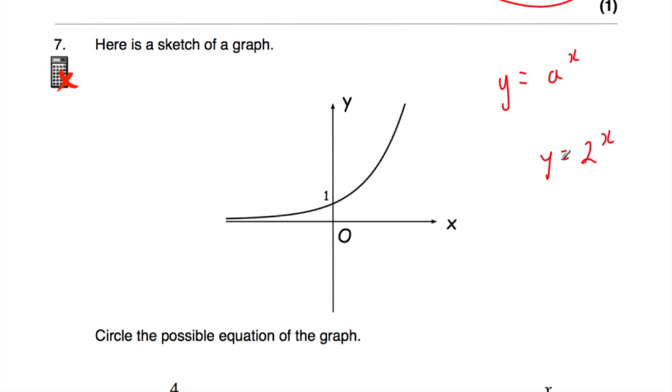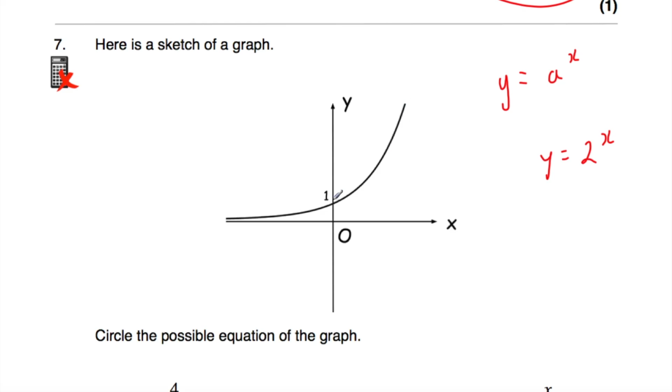And if you were to consider the graph of y equals 2 to the power of x, well, 2 to the power of 0 would be 1, so that's the point there. 2 to the power of 1 would be 2, so 1 across 2 up. 2 squared would be 4, so 2 across 4 up. 2 cubed would be 8, so 3 across 8 up. And as you can tell, it's getting very big very quickly, so that's why it's very steep here on the